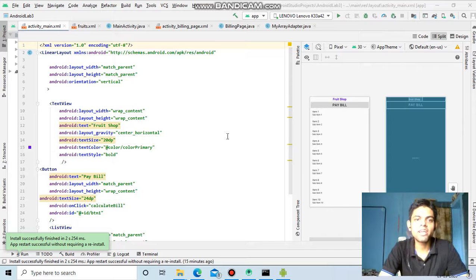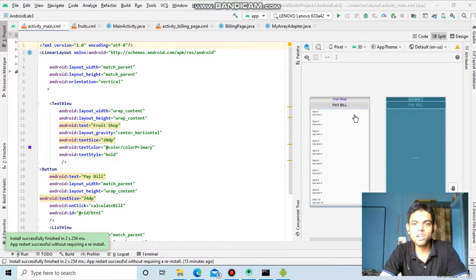So let's begin. As you can see, here is my main activity. This is the XML code. Here I am using the linear layout so that I can place the elements in vertical orientation. Linear layout is very good when we have to place our elements horizontally or vertically. So this will be the layout. This is how the list view looks like, but we want to customize it.